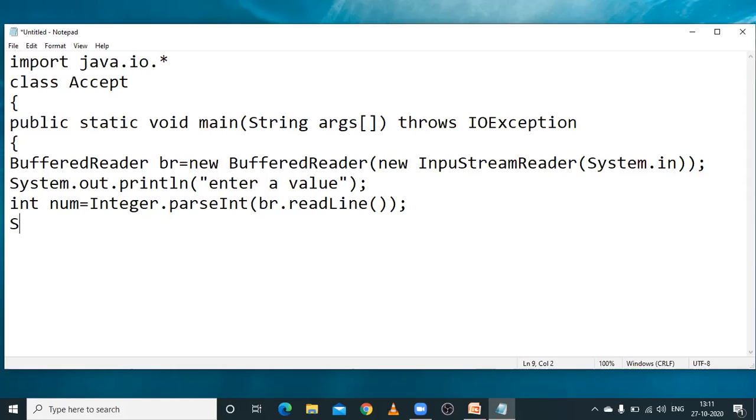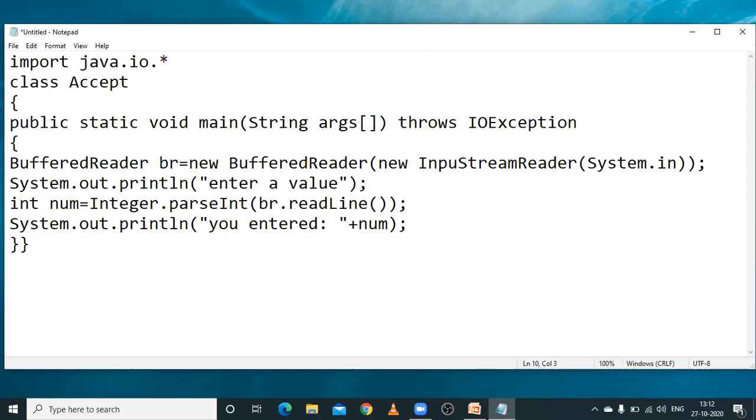After that I am trying to display this one, System.out.println, you entered a number.